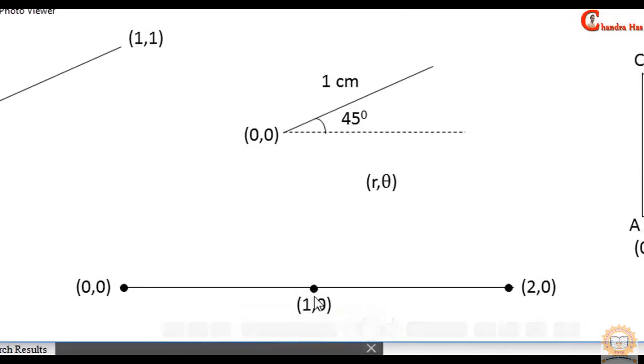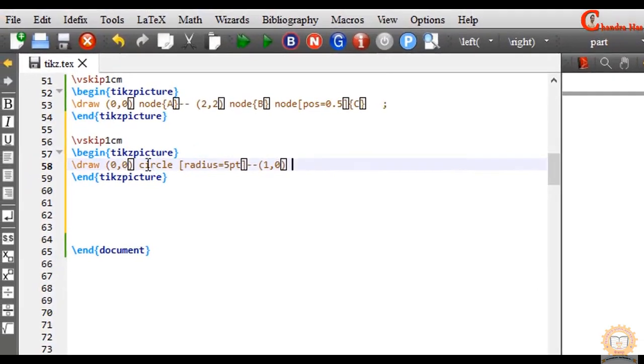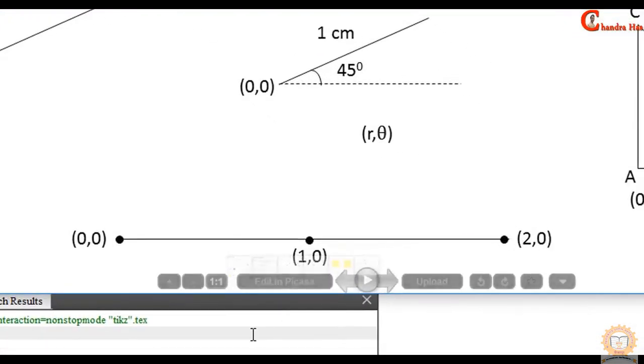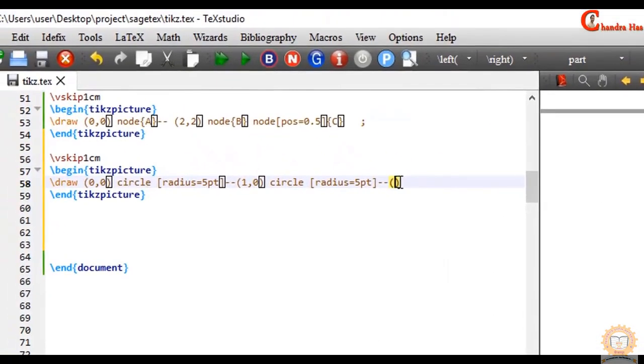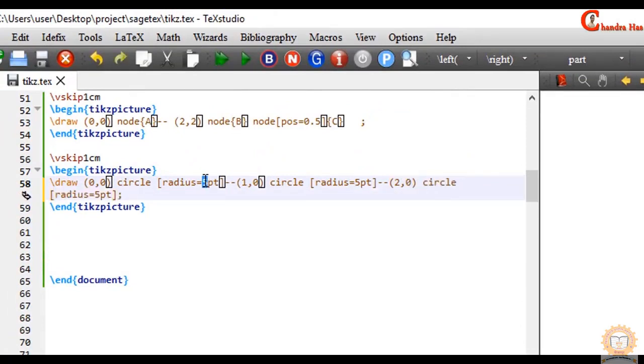At 1 0 there is one circle also, paste here, and again connect this point to 2 0. Actually I want to use 2 point. Compile your file.